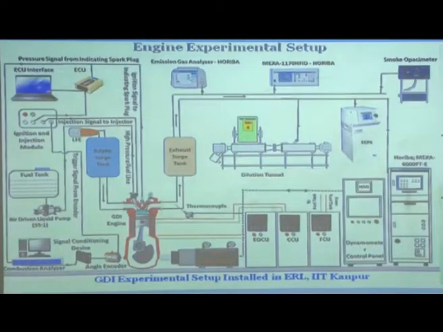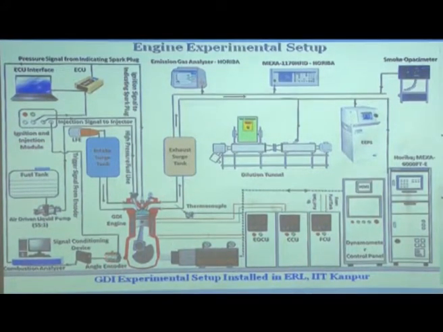Well, as I said, in engine research lab also we have the first GDI research engine in India. So, this is the GDI engine and this is just an experimental setup for doing experiments. I will show you when we go to the lab. So, this is equipped with a combustion analyzer. So, that means it will measure everything inside the combustion chamber and analyze it. I told you how to do the analysis of the cylinder pressure P theta diagram converted to rate of heat release, start of combustion, end of combustion, etc. So, all of this is done by here.